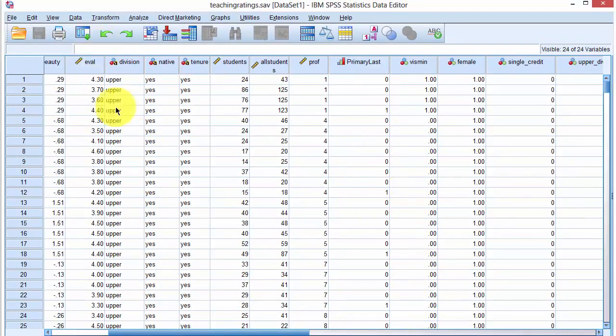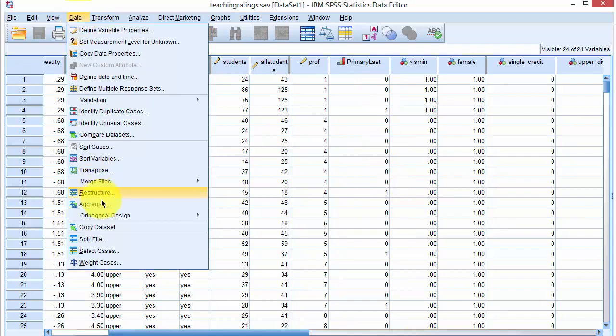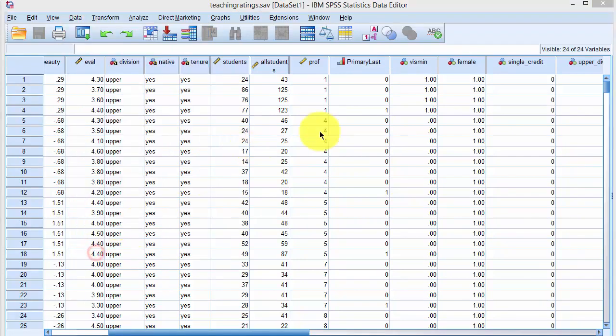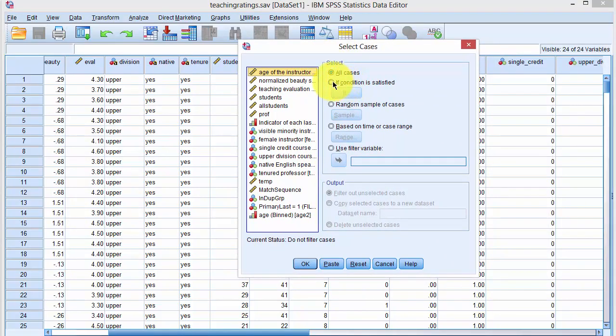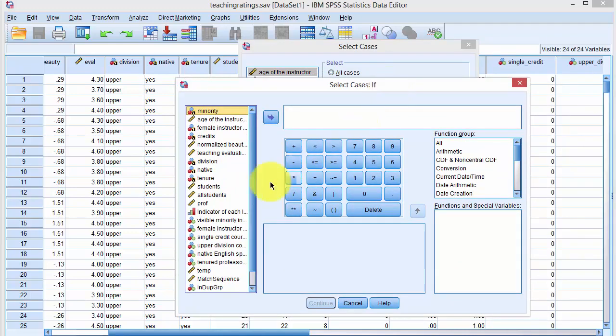We will filter the data set, so we say Data, select Cases, and say if condition is satisfied, click on if, and then say indicator variable is equal to 1,